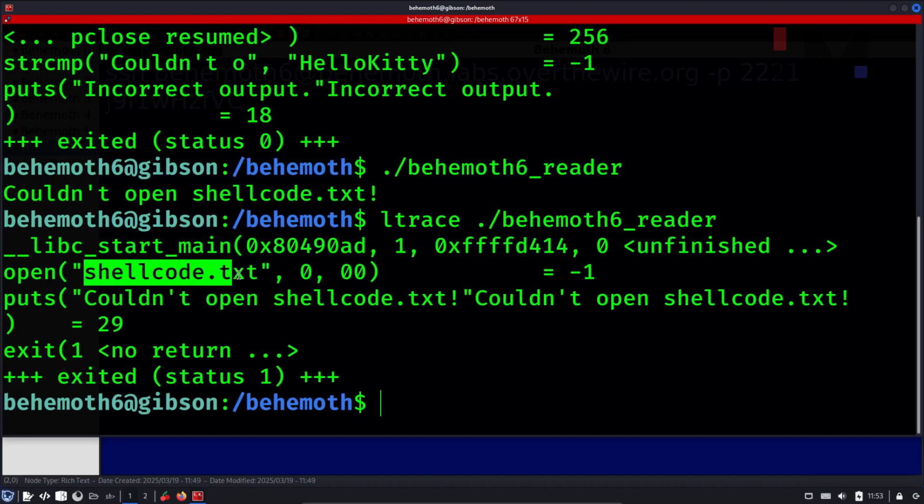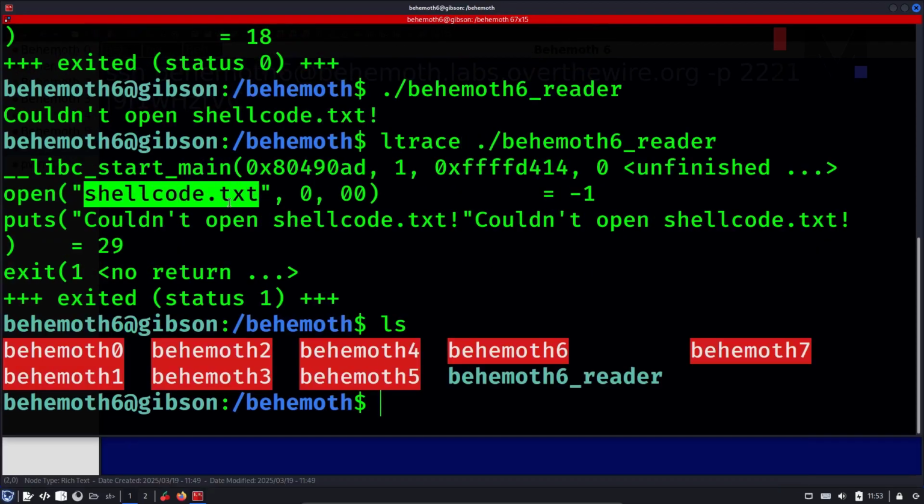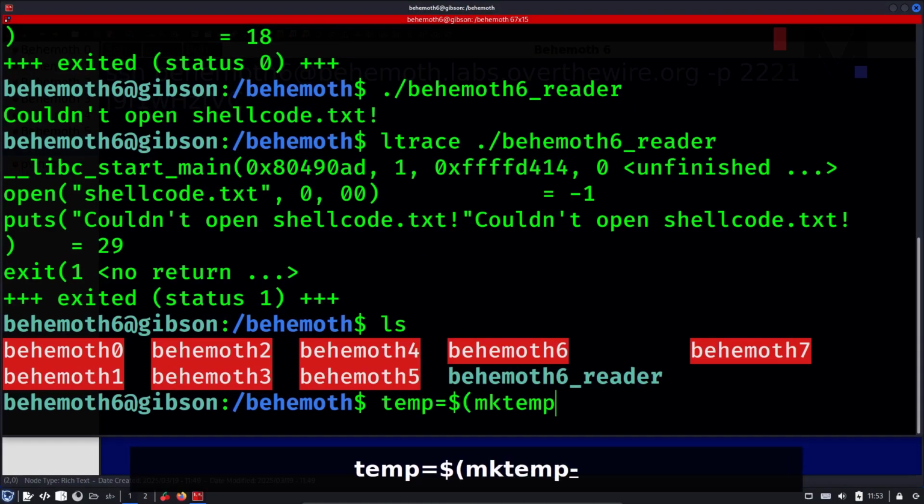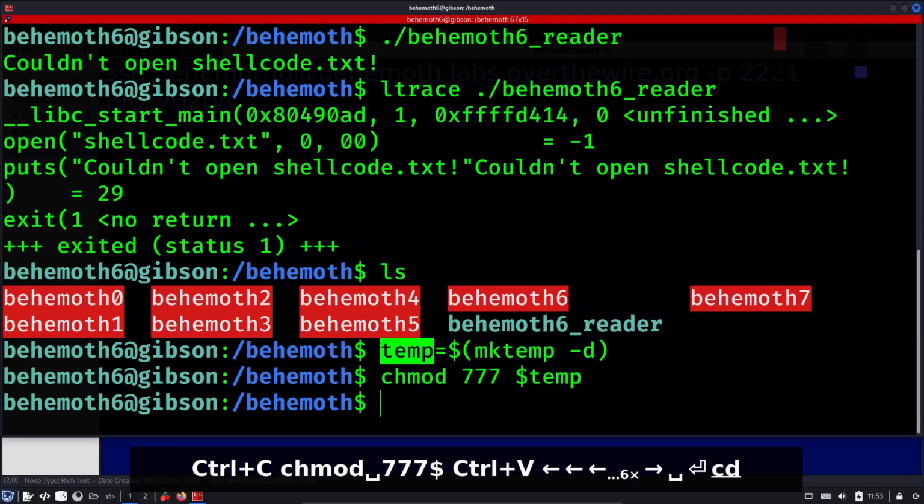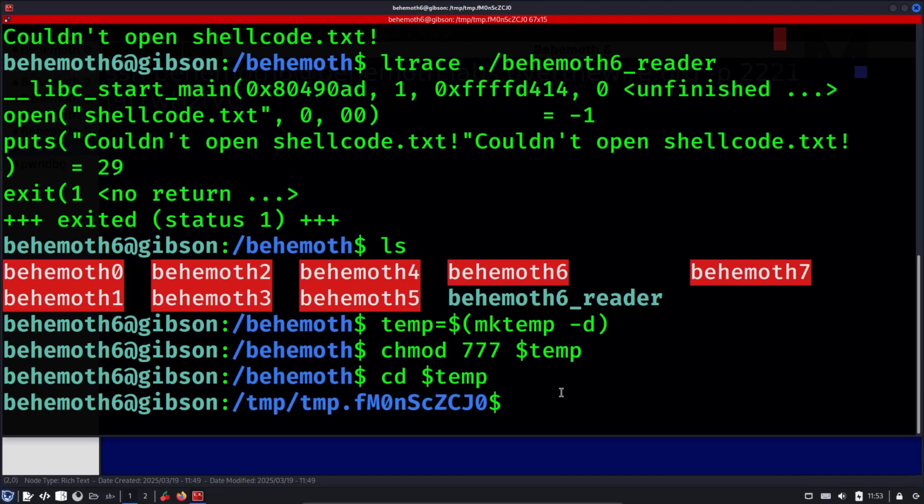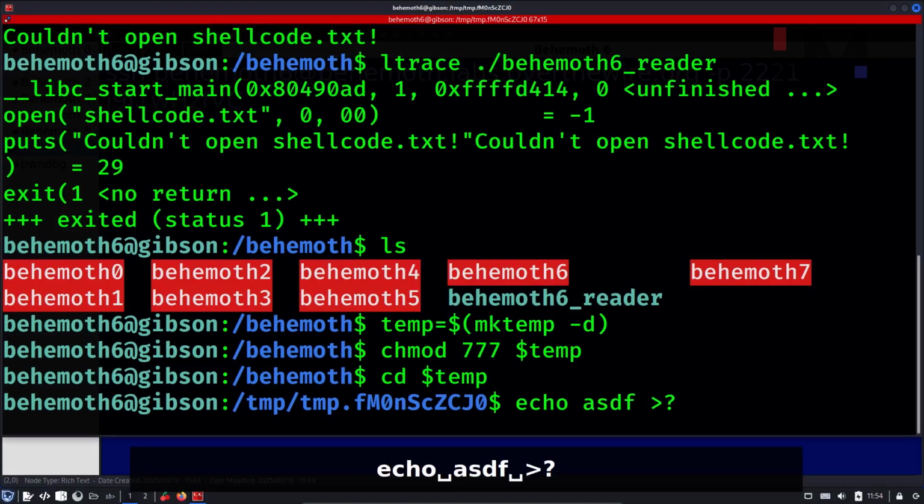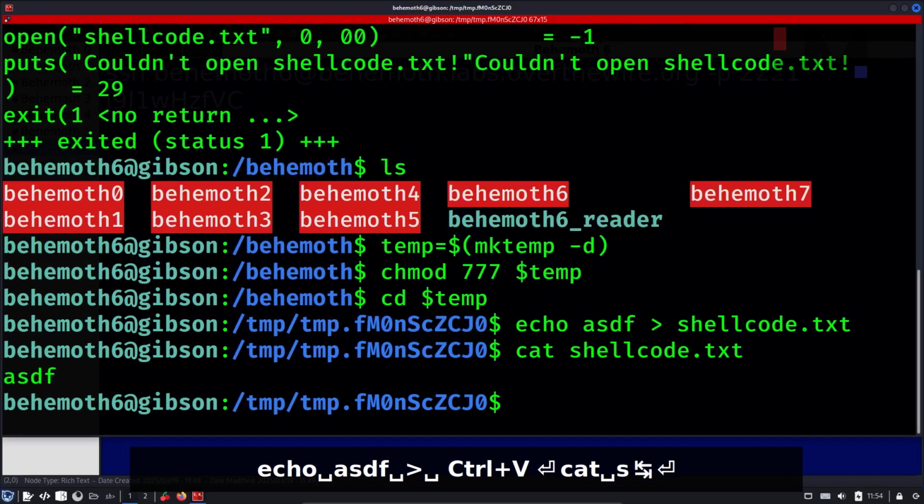And we don't see any shellcode.txt in this local directory, and we don't have permissions to create such a file as well. So what you can do is create a temp directory, chmod 777 it, and cd into it. Currently I'm in the temp directory. So now I can create a shellcode file. I will create it with the same name, shellcode.txt, because that's what is written here. If I say echo something and redirect it to shellcode.txt, and if I cat that shellcode.txt, I have that content